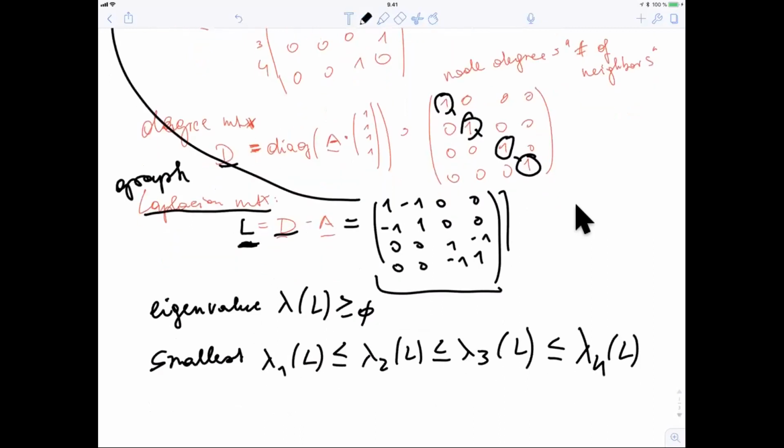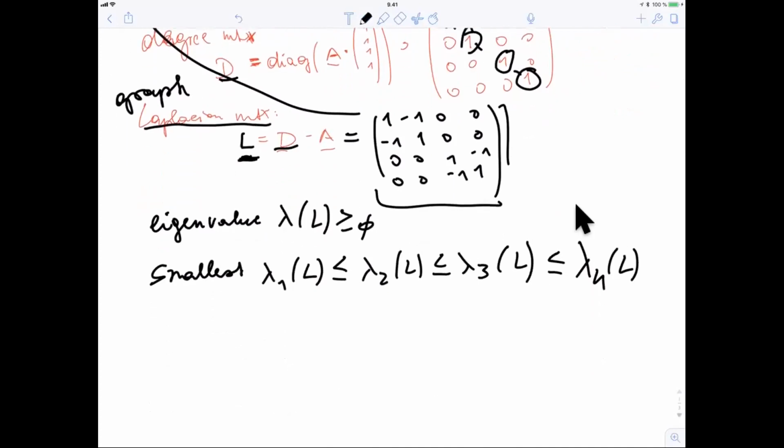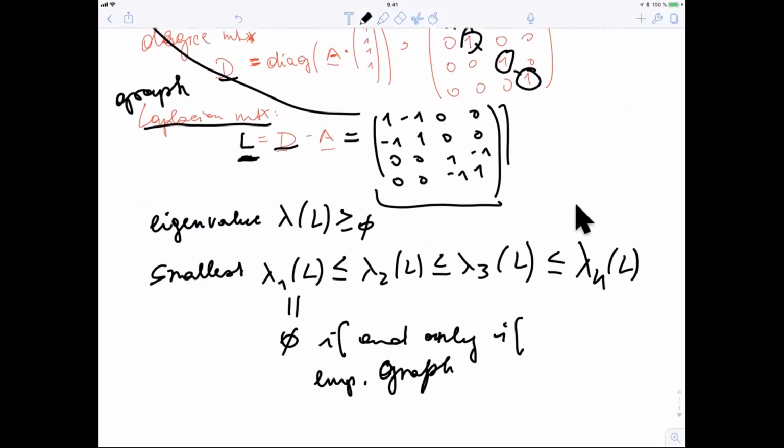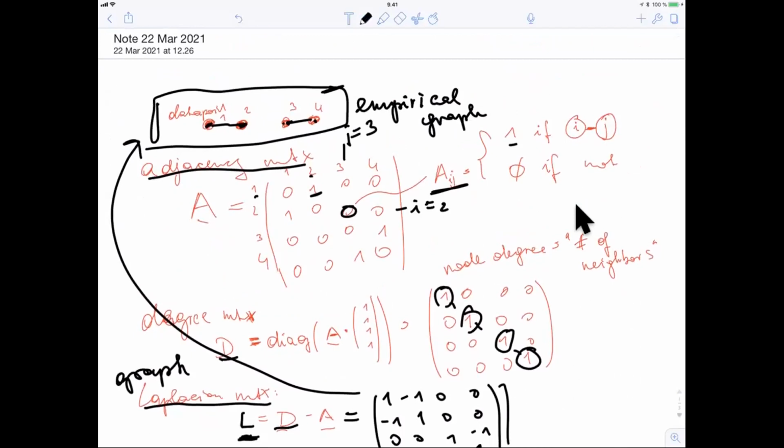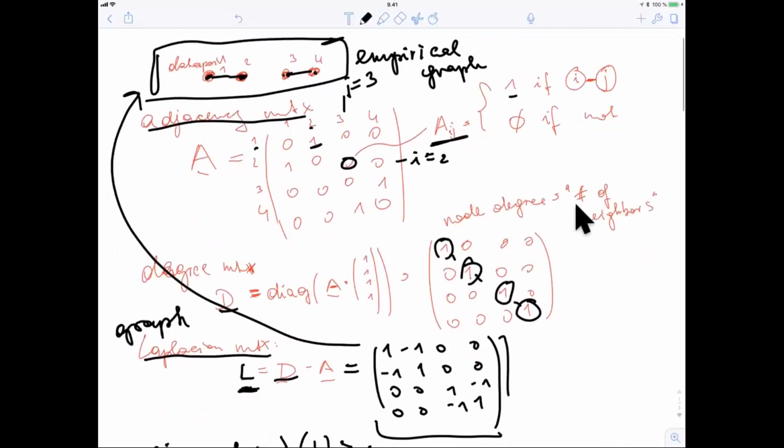Okay, and the first result of spectral graph theory: this smallest eigenvalue is equal to 0 if and only if the empirical graph is connected. So if and only if all these nodes would be connected,